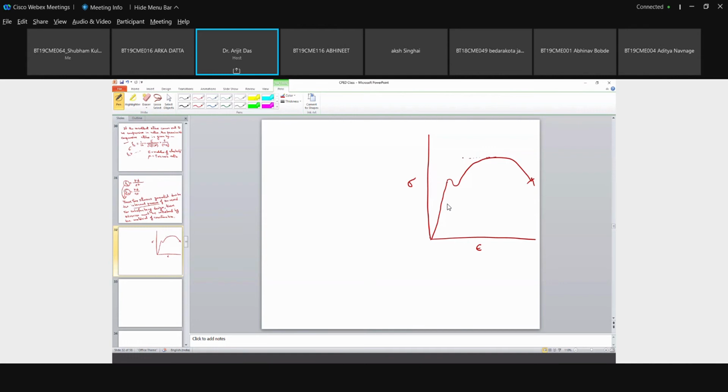So you know this point. What is this point called? The maximum stress value of a material. This is nothing but the ultimate stress. And these two points are known as the lower yield point and higher yield point, or yield stress, and that is the breakup or rupture point.